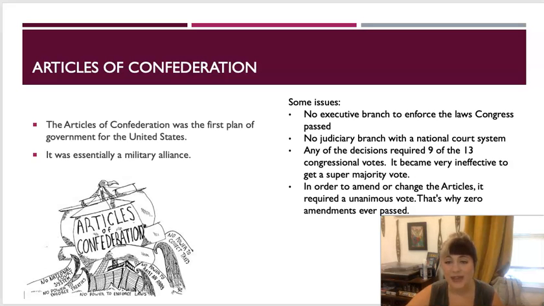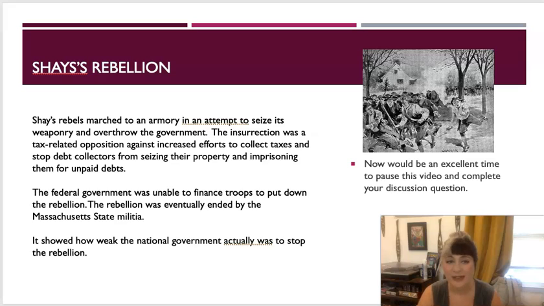Everything's going to kind of come to a head when we have Shays' Rebellion. So Daniel Shays is going to lead a group of people, and they are basically pretty mad about all the taxes. So they decide that they're going to try and seize a bunch of weapons from the armory and overthrow the government. They're like, this isn't working. The taxes are too much. We don't want to do this. They obviously had a problem with having property seized, and then of course the whole issue of debtor's prison, where you put someone in jail and then you're like, hey man, you still have to pay me back, and they're like, but I'm in jail. So not the best system.